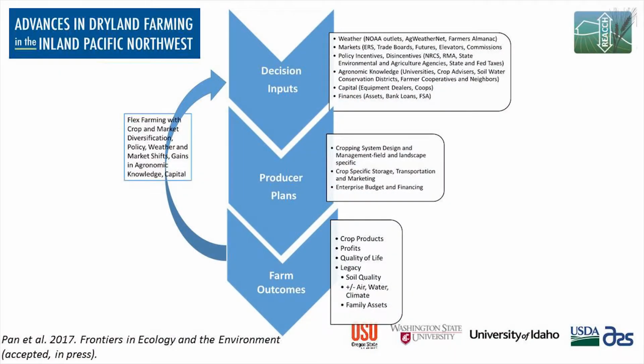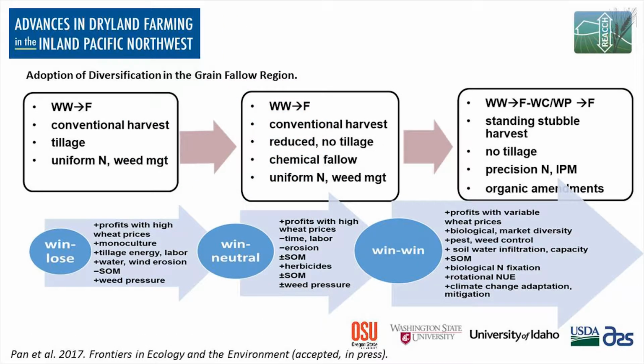And then also just thinking about how does this benefit the rotation as a whole? So looking at the economics over the life of the rotation and seeing if it's paying off better than the conventional rotation. And then finally, from this, you have farm outcome, which is more crop products, more diversity, and hopefully higher profits from that. So just looking at what this model would look like in the grain fallow region,